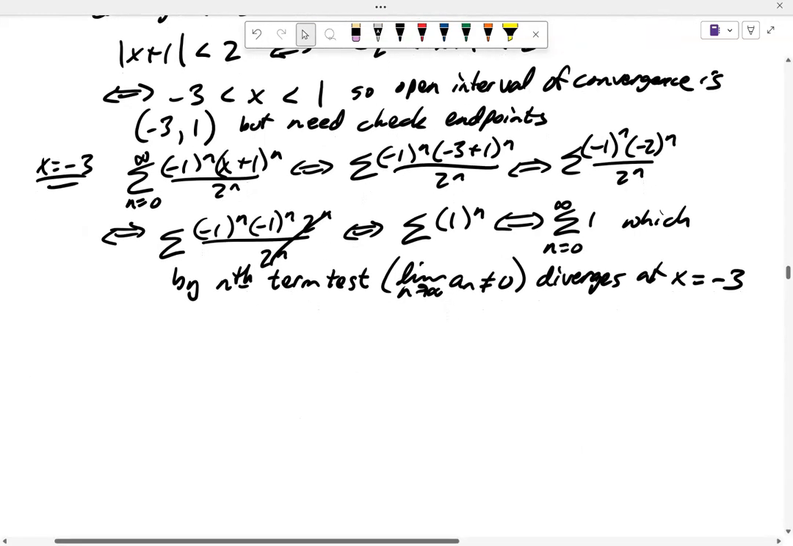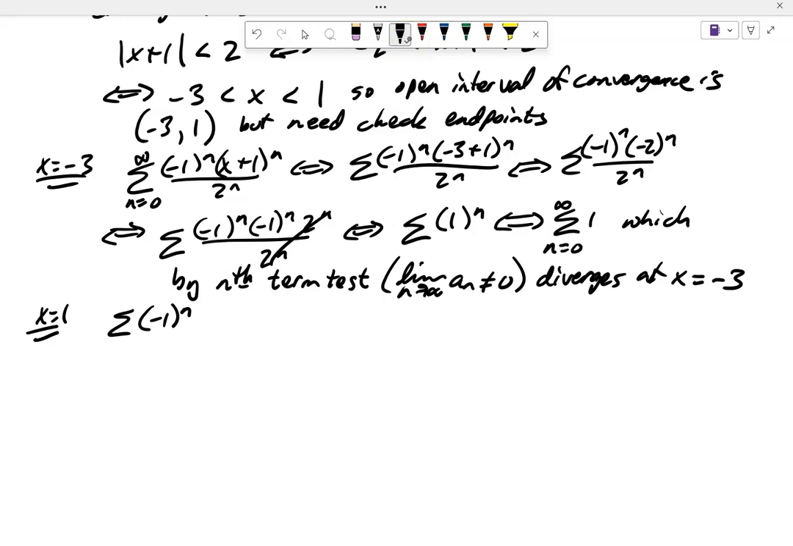Alright, let's check the other endpoint now, at x being 1. So we got -1 to the n, 1 plus 1 to the n, so I got 2 to the n. This is all over 2 to the n. Hey, it looks like those cancel. So I just got -1 to the n. So this is alternating, right? It goes from -1 to 1 to -1 to -1 to -1 to 1. This is just alternating. So this also diverges